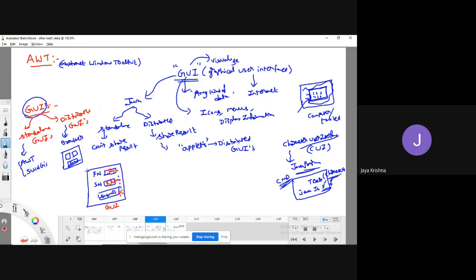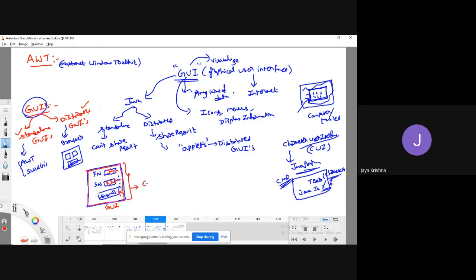If this kind of window is opened in the system, that is called a standalone GUI. If this kind of interface is opened in a browser, we call it a distributed GUI.